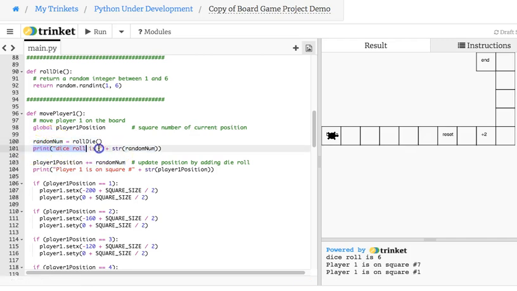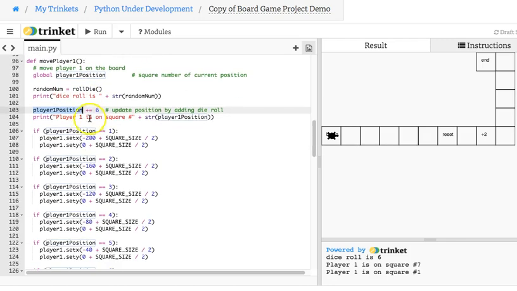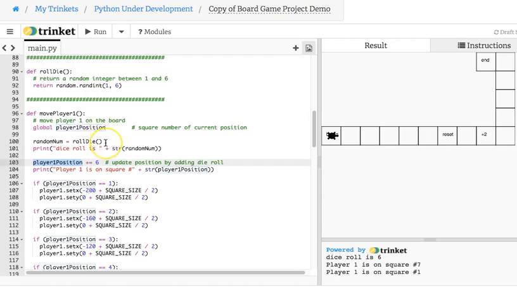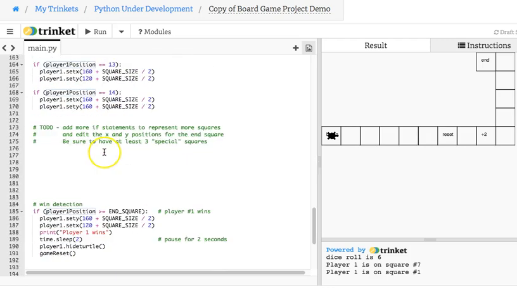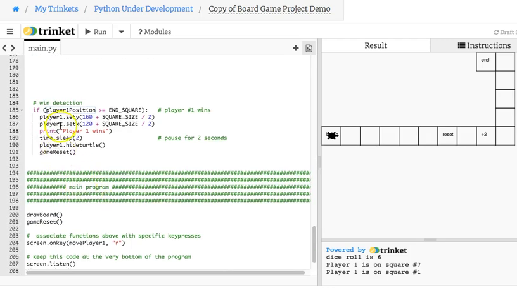And we're then printing dice roll is 6, which prints out down here on the console window because of the print function. Then we're taking 6. The number 6 is still stored in the variable random num. We're taking a 6 and we're adding it to player 1 position. Now keep in mind, player 1 position was the number 1. It was the number 1 because of the code that was in my game reset function,